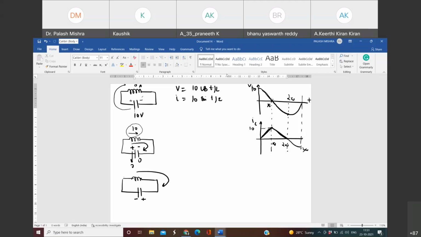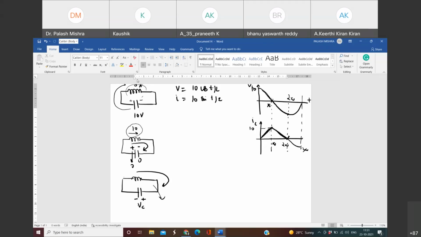Now again tell me what happened. What happens once the inductor is completely discharged and the capacitor is completely charged? Now it doesn't have the capability to supply further current. Whatever inertia the inductor has gained while charging, maintaining that inertia, it has discharged its complete current. Now it doesn't have any capability after 2 pi to supply further to the capacitor because it is completely discharged. So now what will happen?